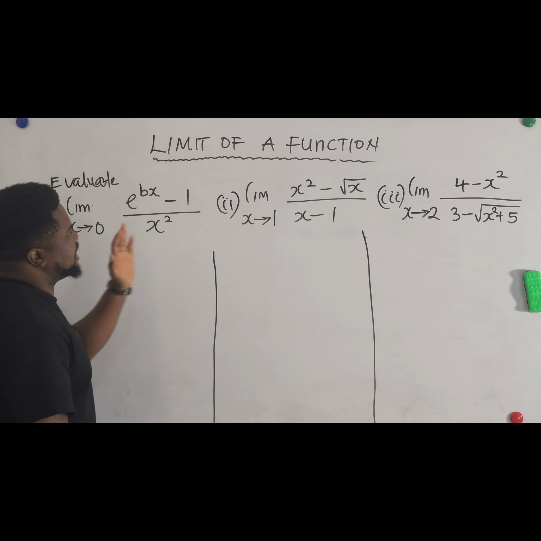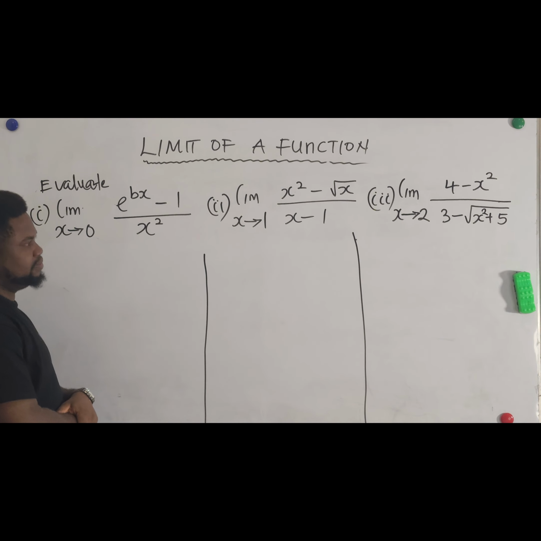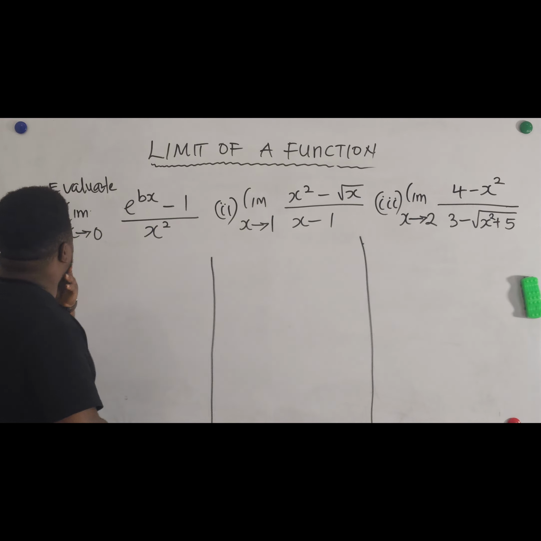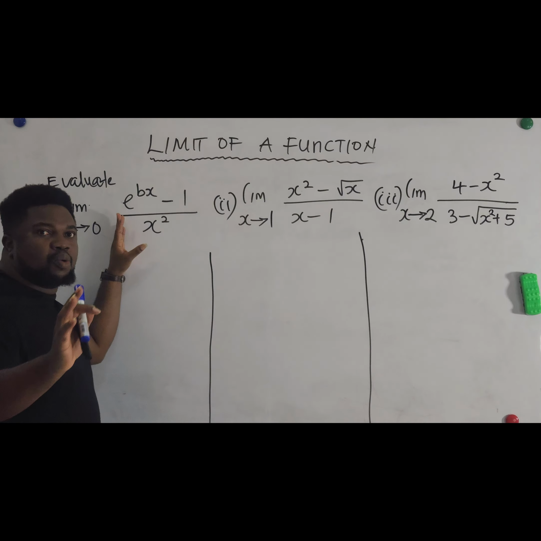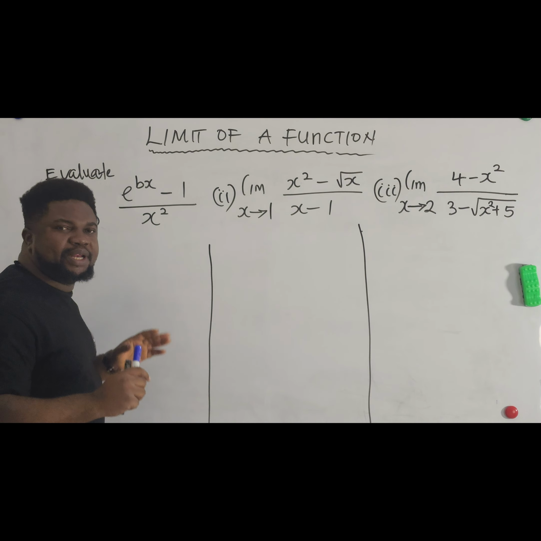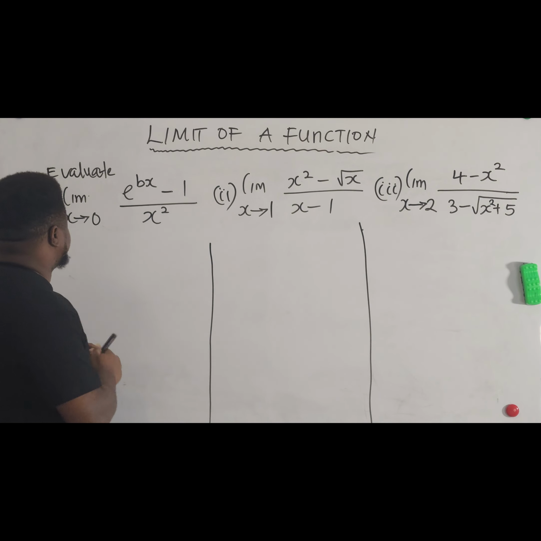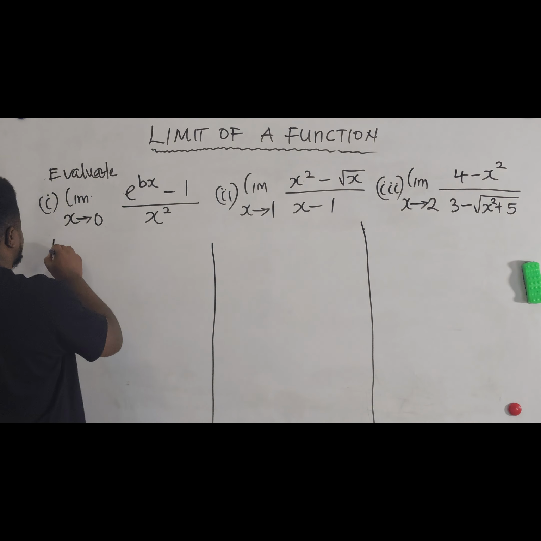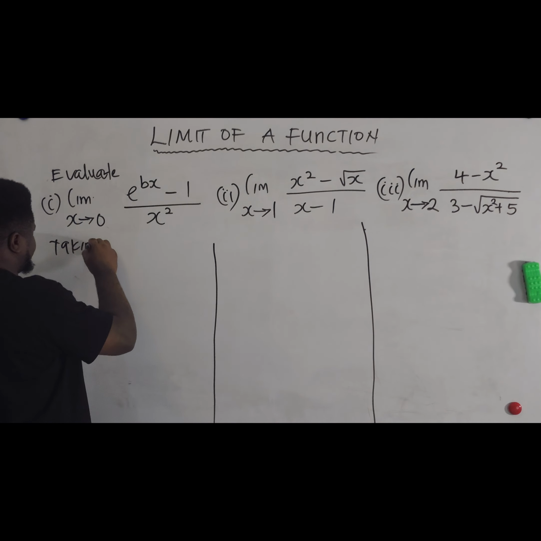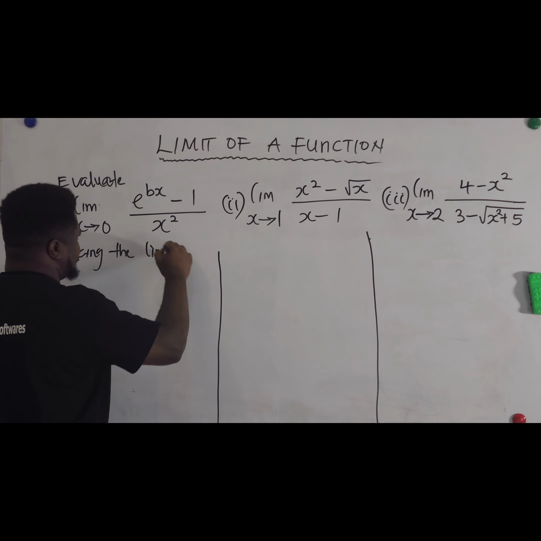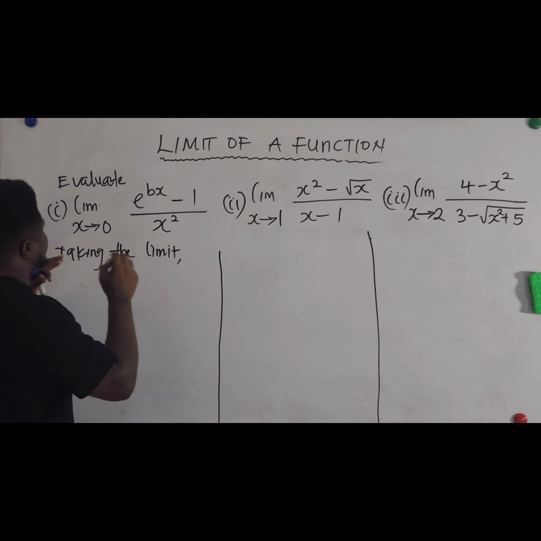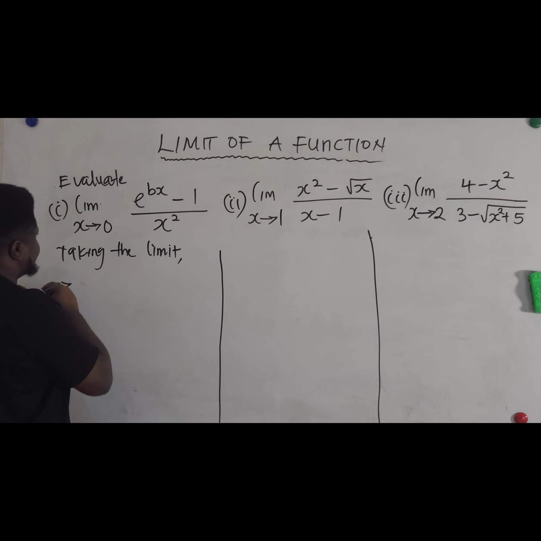Quickly, let's solve these three questions on the board. We have here the limit as x goes to 0 for this function. What do we do first? We simply go ahead and take the limits. When we take the limits, what happens? This will give us